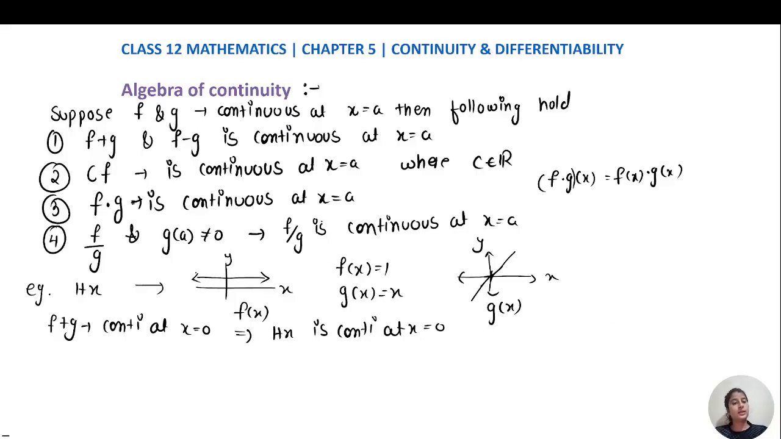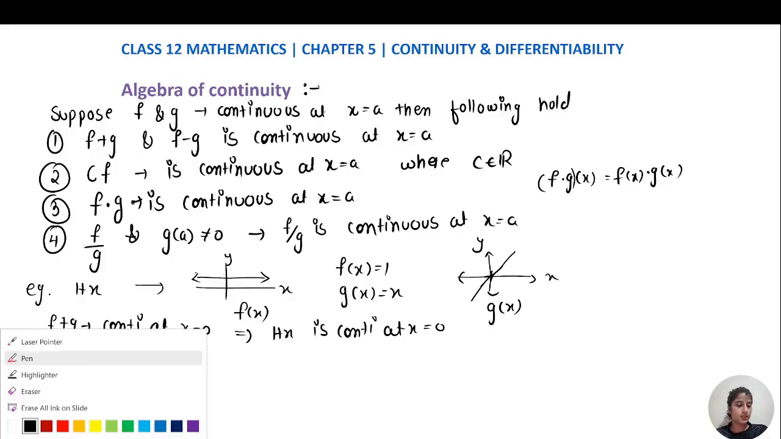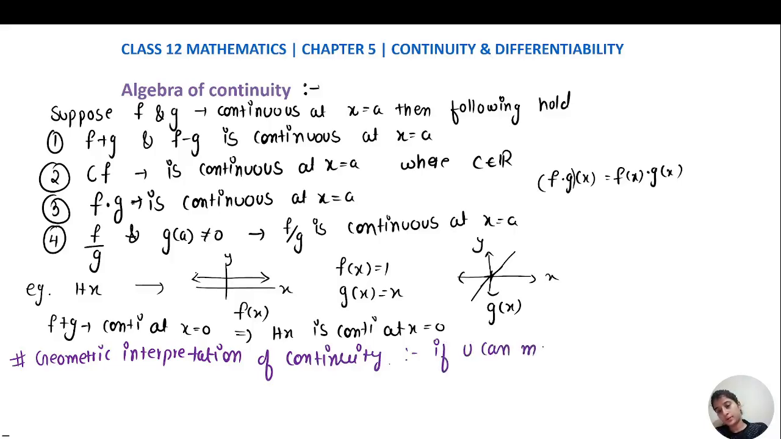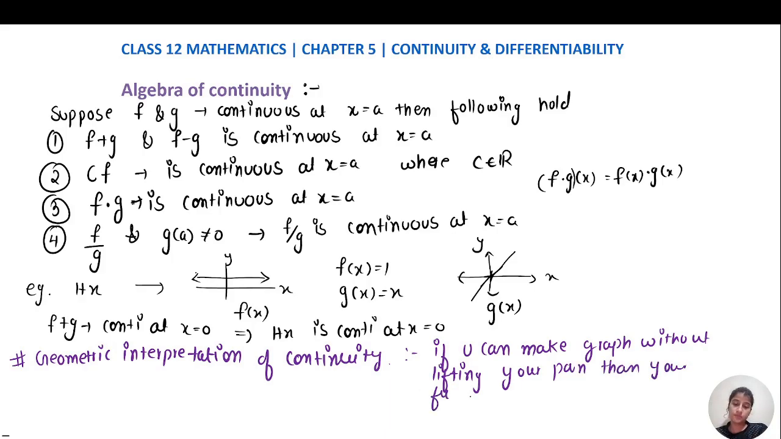Now, let's do some geometric interpretation of continuity. Okay, so what is the geometric interpretation of continuity? It says that if you can make your graph without lifting your pen, then your function is continuous. If I give you an example,